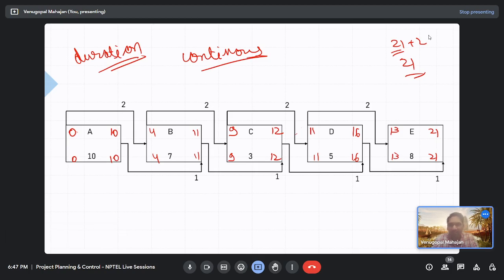Do you think C is a critical activity? Yes. Okay. No, sir, it's a non-critical activity as per me, sir. Okay. Because by changing its duration, the project duration is not changing. That is why it is not critical. Okay. So we have not done the calculation to check if it is critical or not critical.